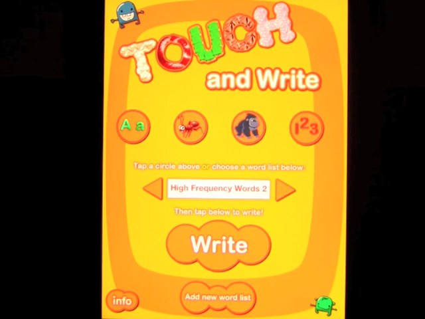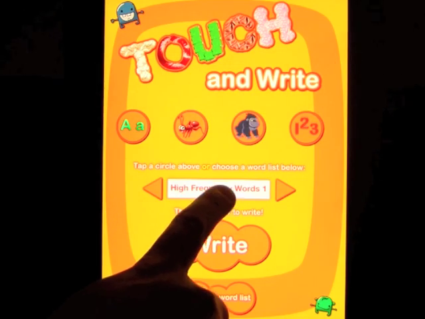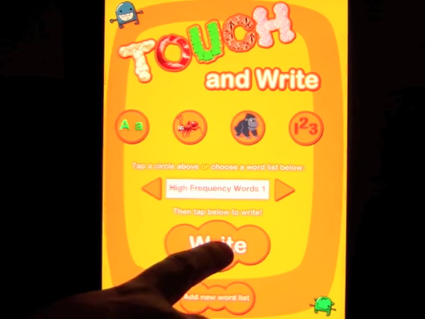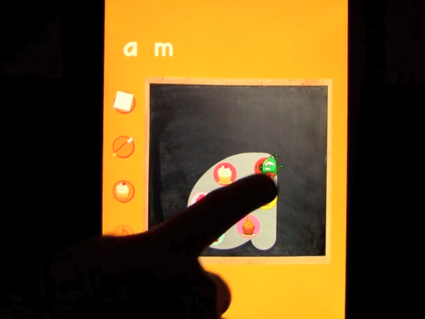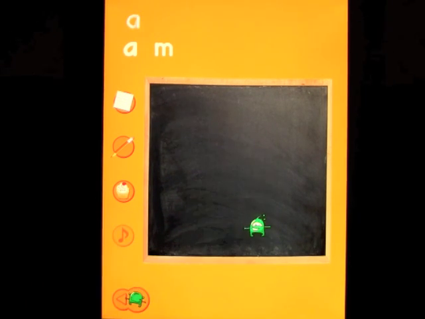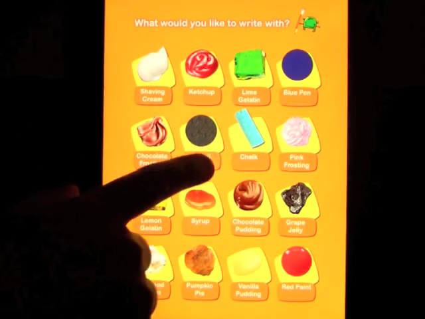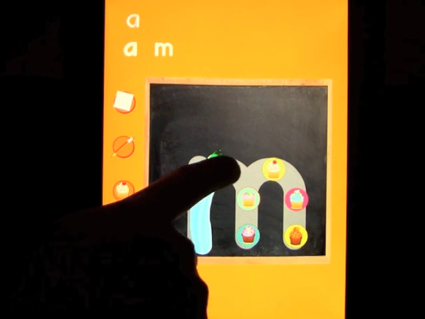Let's go back out here, and let's look at one of the categories that we have here. So let's have a look at high frequency words 1. Click on write, and we have the word am, and again it starts off with shaving cream. That's the default, and you can go in and change it to whatever you like. Let's change it to